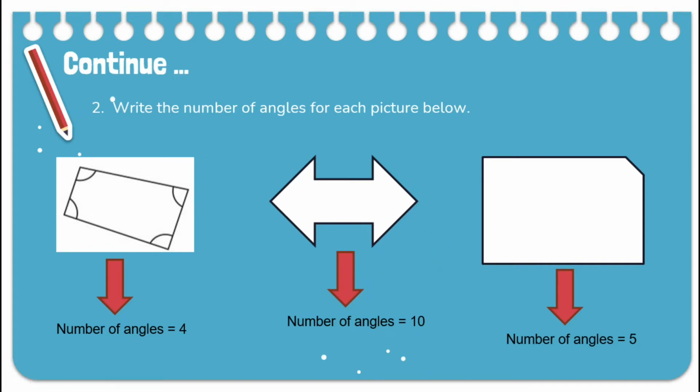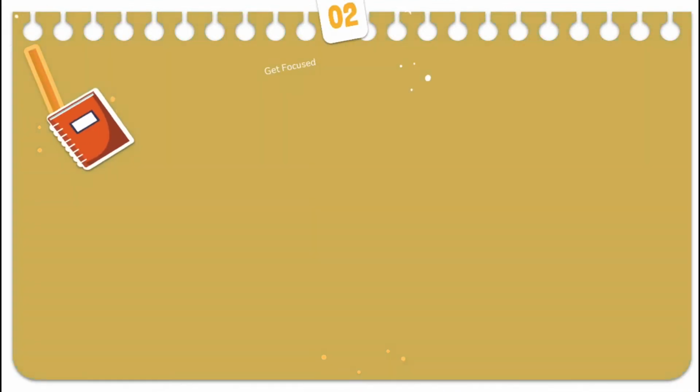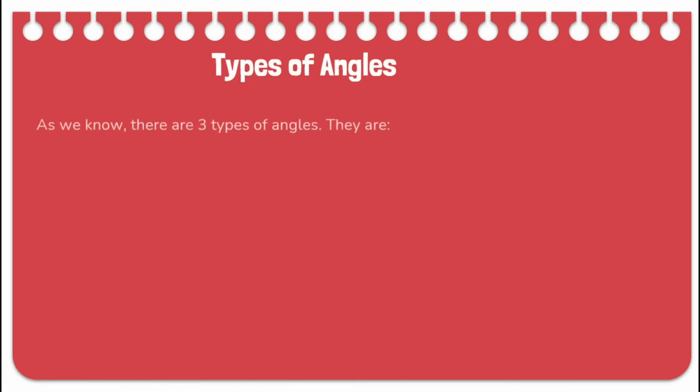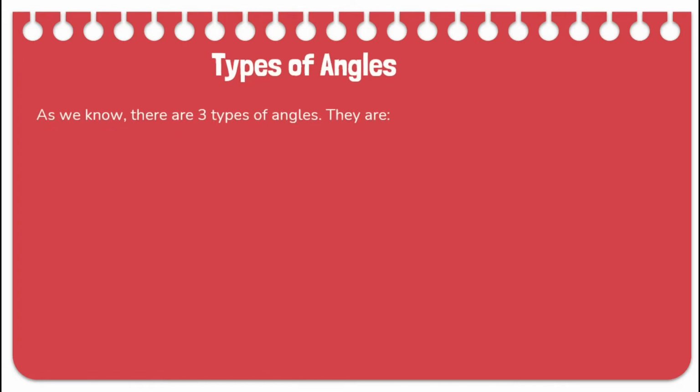Now, continue to the main topic. Comparing angles. Types of angles. As we know, there are 3 types of angles. They are: